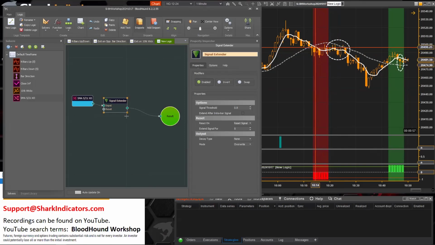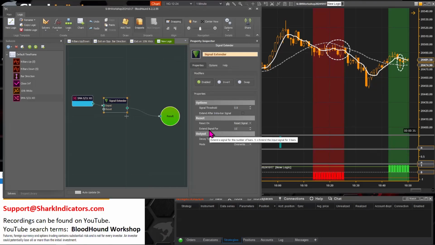So we can see on this short cross down, it doesn't quite get all the way over there. So let's increase this. Let's see, how many bars do we need? 11. All right, so 11 will do it. So I'll just leave it at 11. But when you're trying to figure out how many bars do I need to extend for,